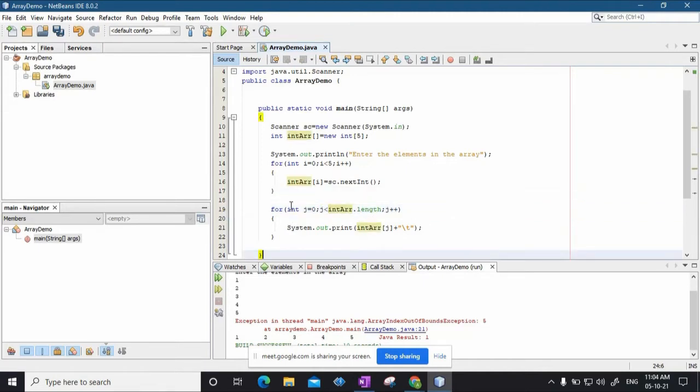So what I am doing here, for int j equal to 0, j less than int arr dot length. Now what is int arr dot length? Dot length specifies the length of the array that we have created, whose name is int arr. So for every index j such that j is less than the bound of the array, int arr dot length, it is going to enter the for loop and every time it is going to print. Once the maximum bound of the array is reached, that is int arr dot length, what will happen? It will exit.